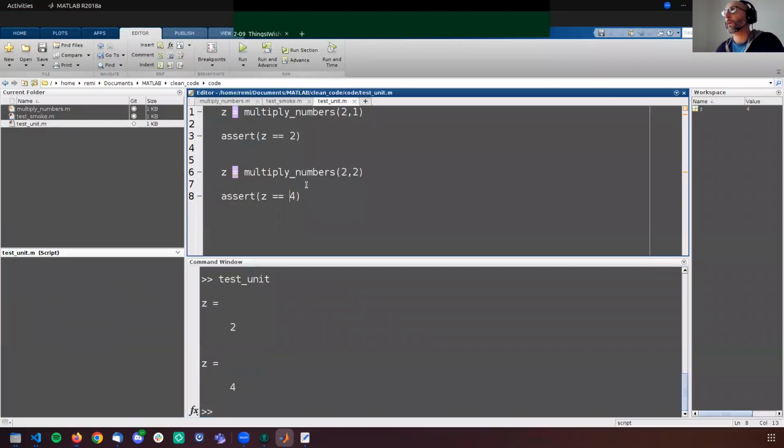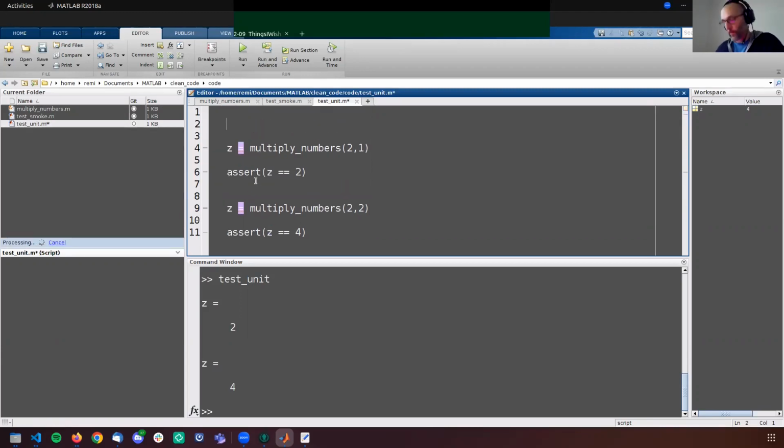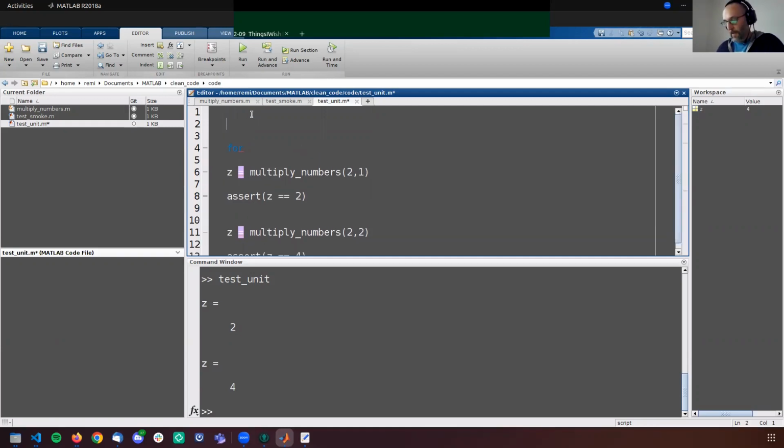For example, instead of having just those two values here, you can write the test this way. You can have x equals, let's say, 2.